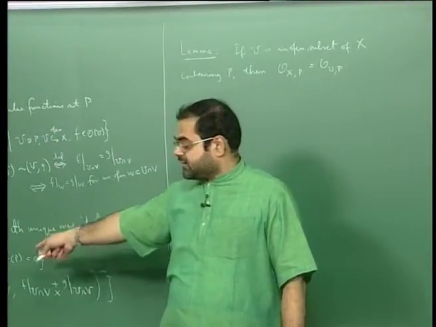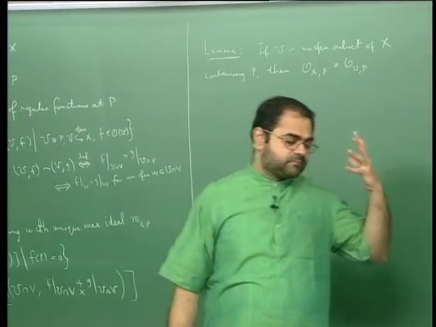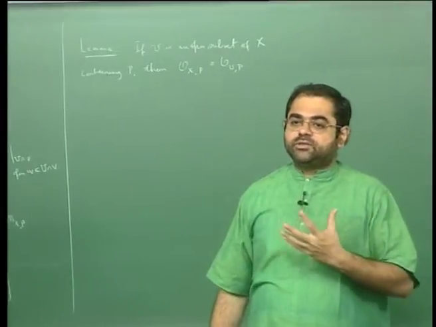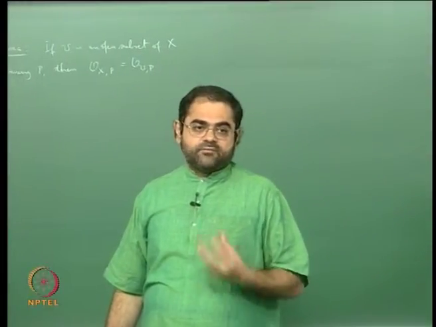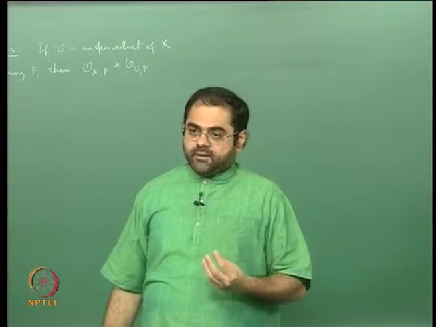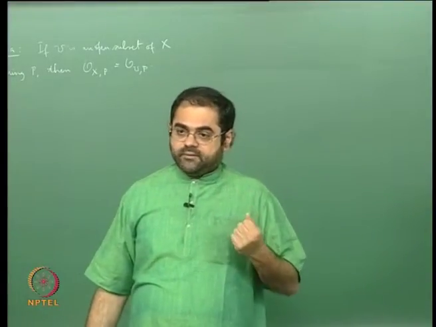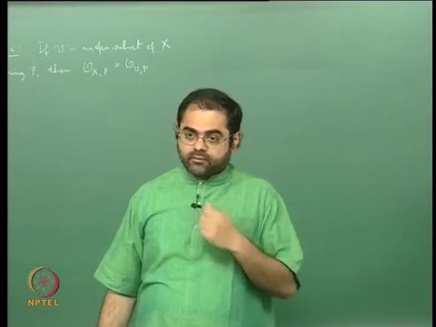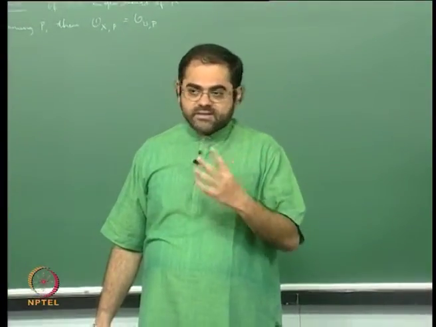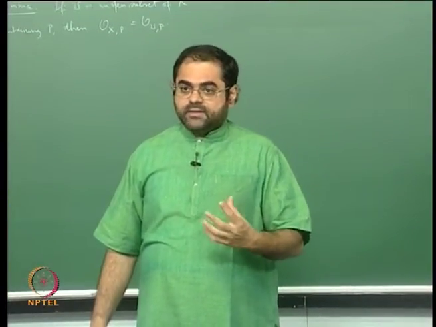So the fact that you are getting a local ring is very beautiful. It is something that tells you that local rings come out of geometry by focusing attention at a point. But then the question is, what is this local ring? If you ask the question what this local ring is, can you write it down as some nice ring that you know in terms of rings that you know,